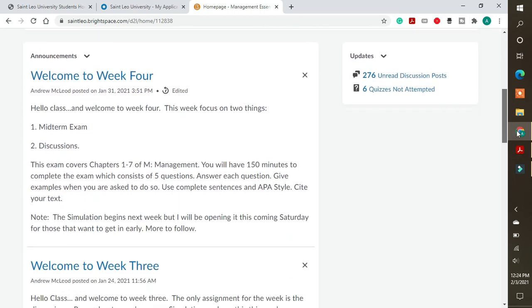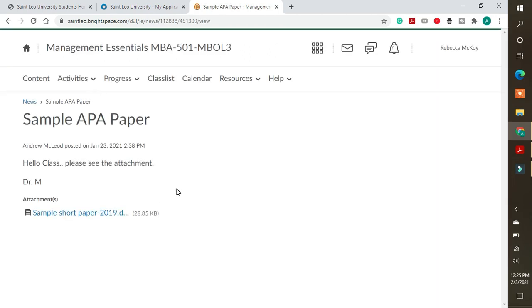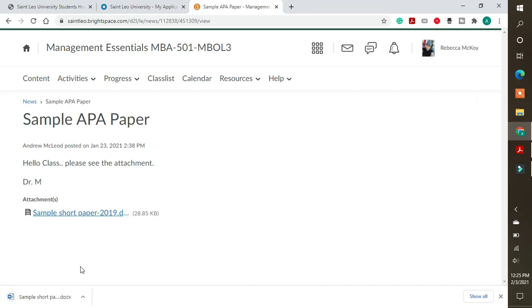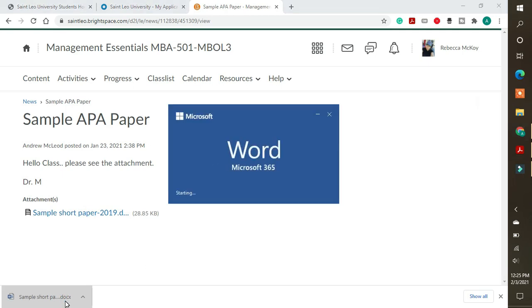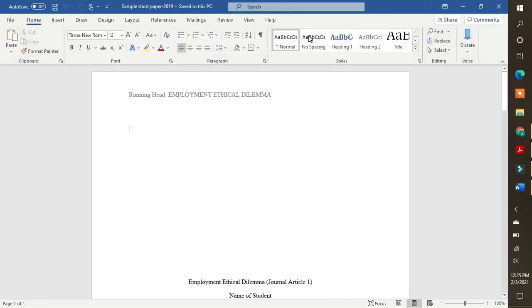So the first step is to go to your school's website. I recall that my teacher was nice enough to give us a sample paper. So basically, he gave us a sample of a paper so we can have an idea of what his expectation is from us. So if your teacher is nice and they provide you with a sample paper or an example of what they want from you, then go ahead and download it. So that's basically what I'm doing here. And once I got it downloaded, just put it to the side, okay? And then go to the next step,